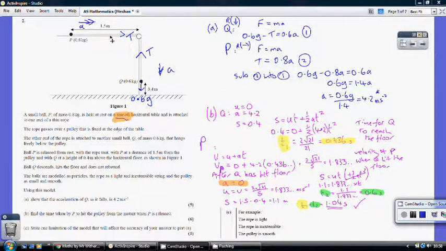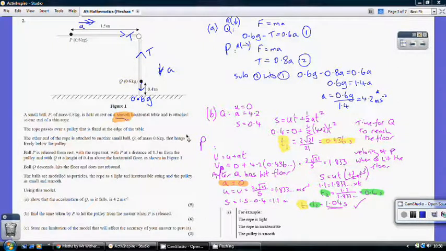So how long did it take for P to hit the pulley for the second part of its journey after Q has hit the floor? Now, as I said earlier on, the key bit to take on board is that the acceleration equals 0. So it's going to be travelling at a constant speed. We've just worked out that this constant speed is